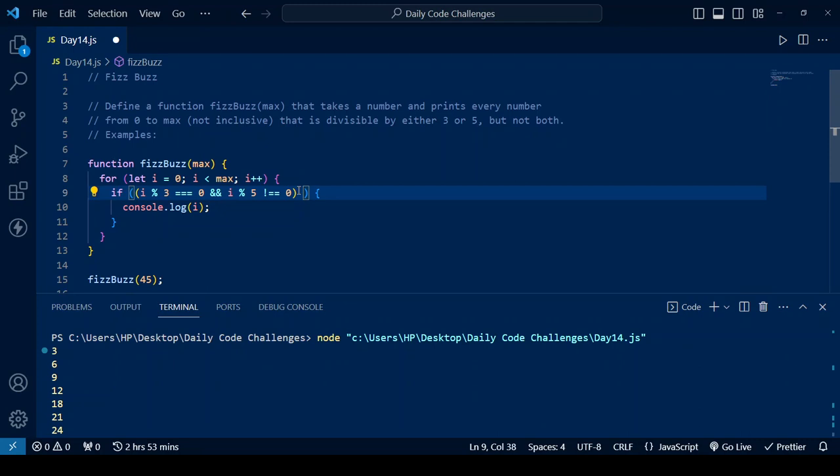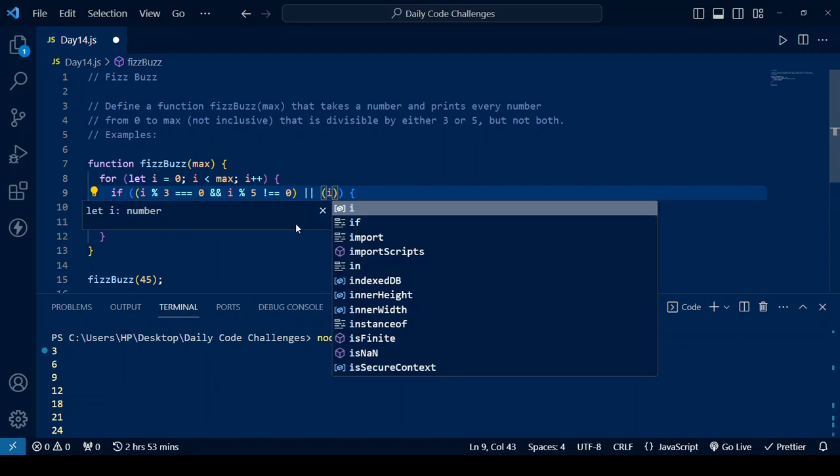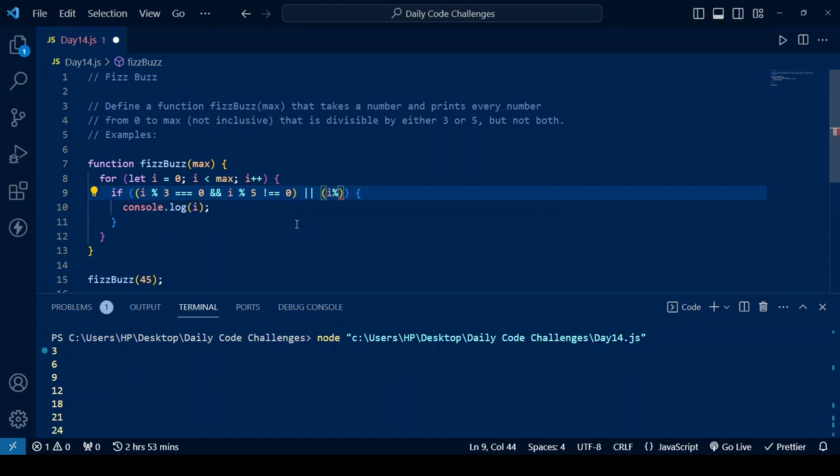Then here we are going to repeat almost the same thing we have here, but with some slight changes. Here we simply use a double pipe symbol, which means the logical OR operator, and then we put the parentheses. Then we say I modulus 5 is equal to 0,